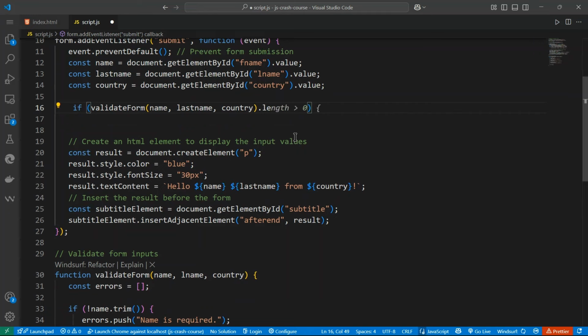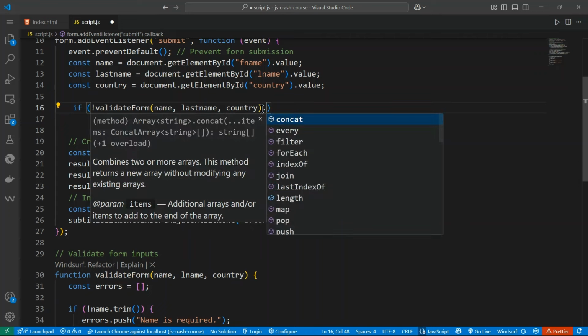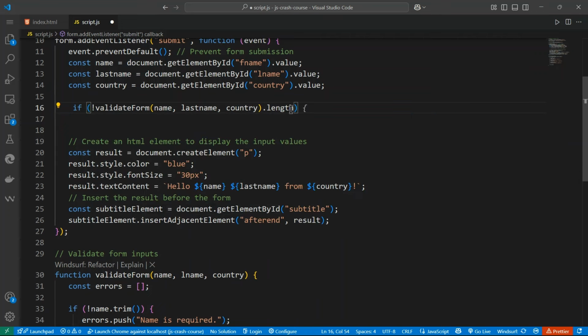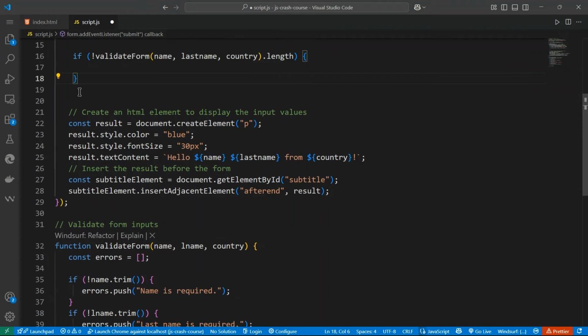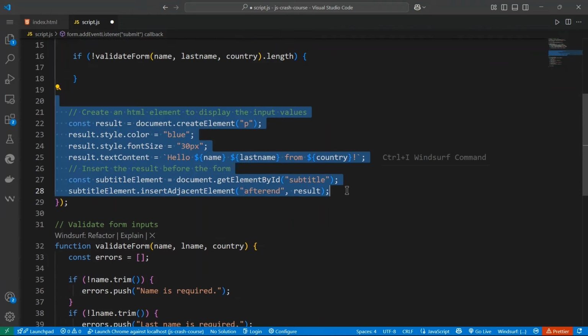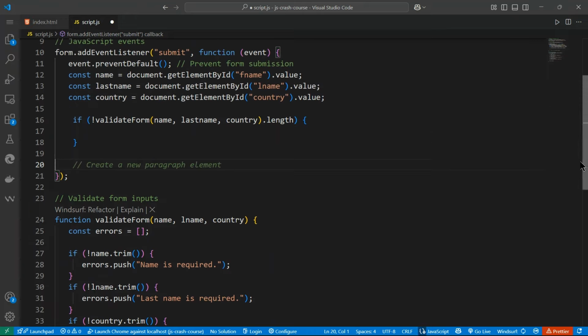I'm trying to show you faster. We can also do if not, so you put the exclamation point, dot length. So it's the same thing. If there's no length, we show now all this. We can now copy everything here and